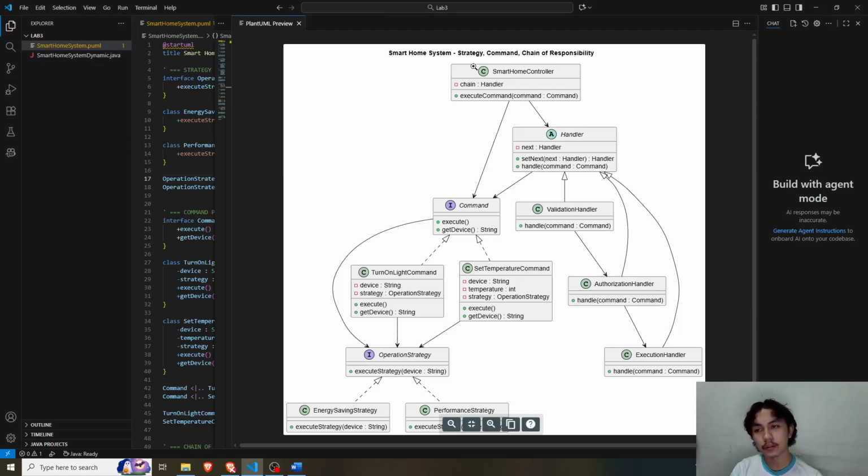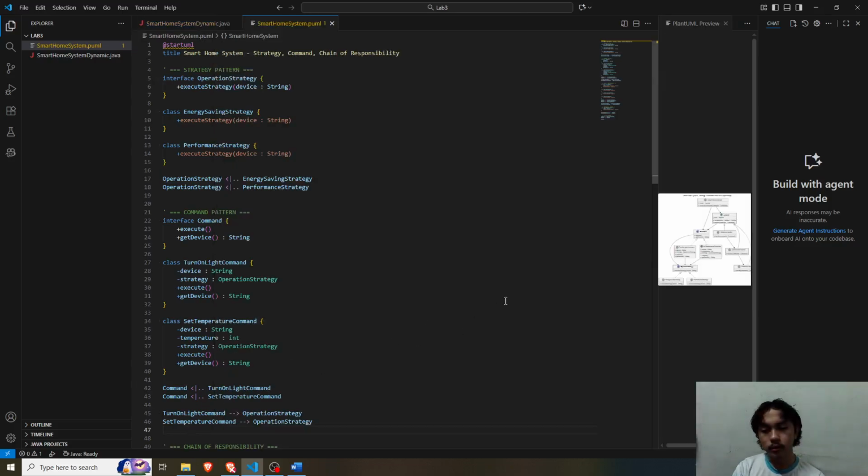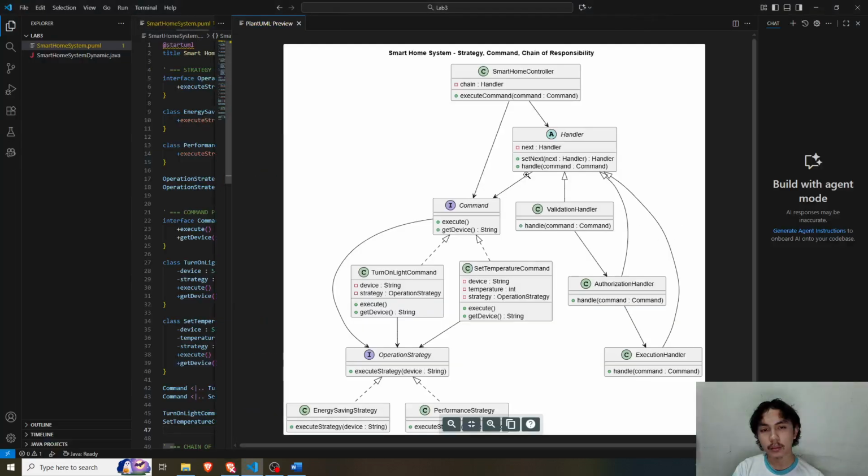As you have witnessed earlier, on our terminal during runtime, the user is able to choose between strategies. The command pattern encapsulates requests as objects, allowing actions to be queued, logged, or undone.